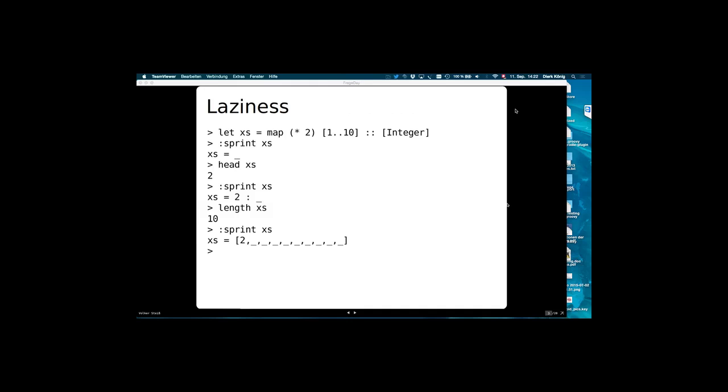are evaluated, so Haskell only evaluates what it needs to know. We wanted to know the length, so it looks how many elements are in this list, and it's not interested in the value. So this is the laziness, it only does what it needs. So we know only that this is a list with 10 elements. Oh, I didn't count, I trust it. And the first element is a 2.